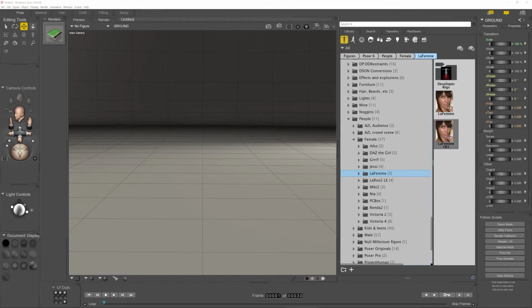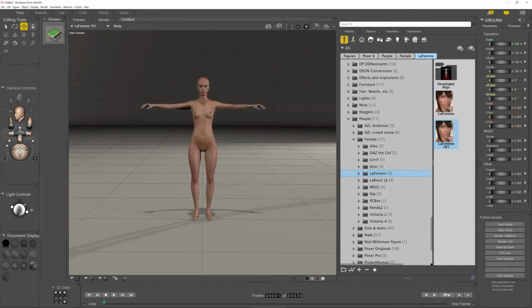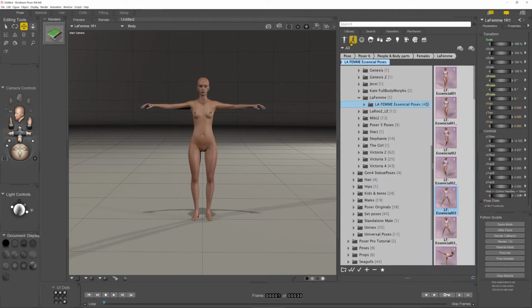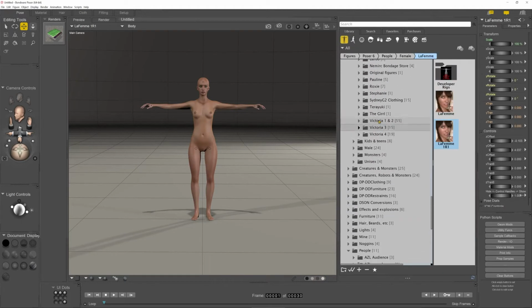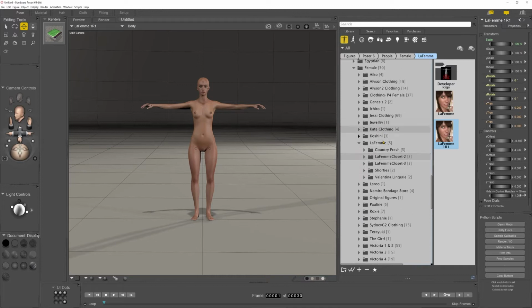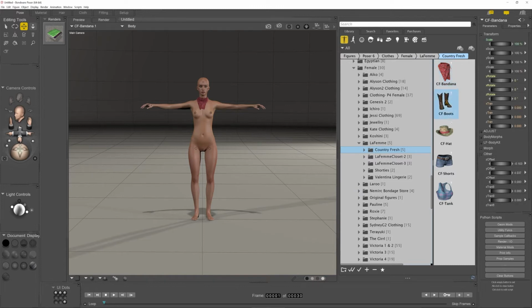So we're going to start with Le Femme today. So let's load Le Femme. Oops. Then I'm going to add some clothes. I was getting ahead of myself there. I'm going to add this Country Fresh here. Now I'm going to go through and add all of these parts of these clothing, but I just want to show you not exactly a trick, but